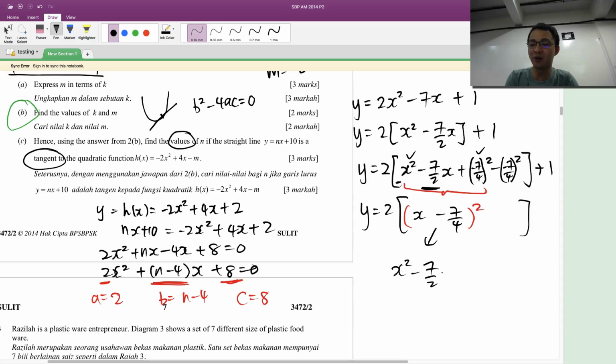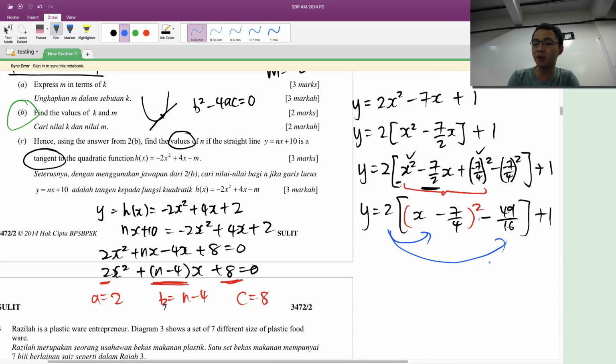x squared minus 7 over 2 x plus negative 7 over 4 squared. This is what you will get after you expand the bracket squared here. So remember, you always take the first three terms, and then you take the first and the third without the square, and then you make it become like this. And then the next thing is, this one you just expand, minus, this one is 49 over 16, plus 1. Then the last two steps are, you multiply 2 into the first one, and you multiply 2 into the second one. So you will get 2 times x minus 7 over 4 squared, and then this one multiplied, you get negative 49 over 8, and then plus